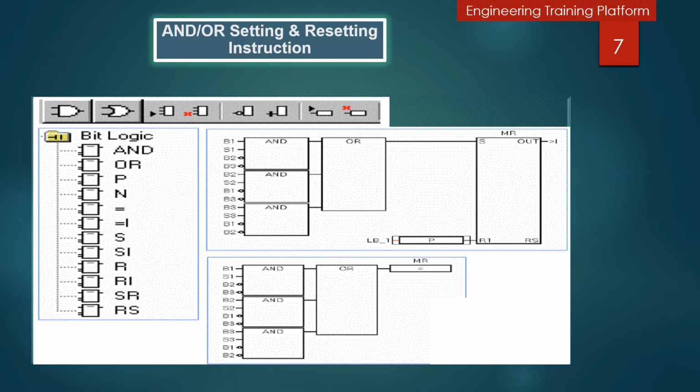In the AND gate, when both inputs are 0, the output will be 0. If one input is 1 and the other input is 0, then the output will be 0, because the AND gate is a function same like a multiplication and the OR gate is a function same like addition.